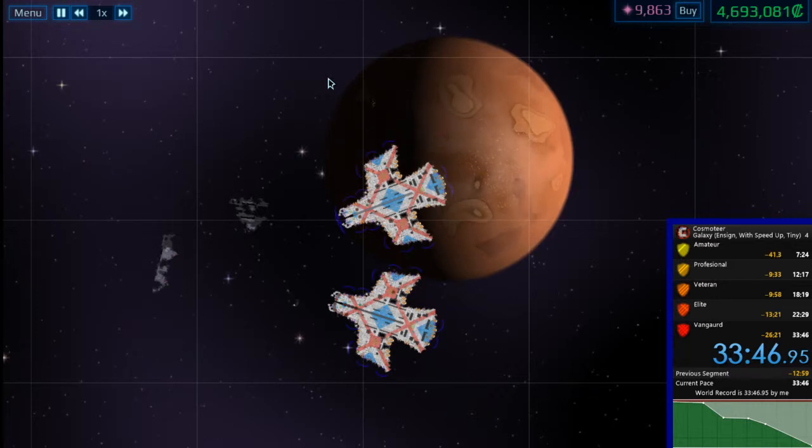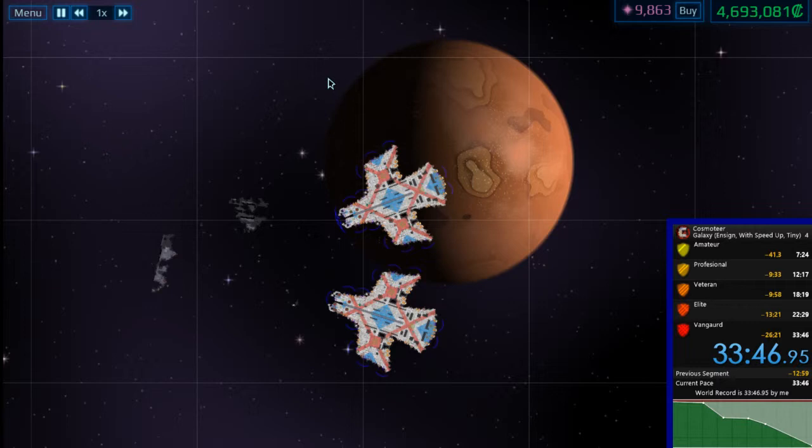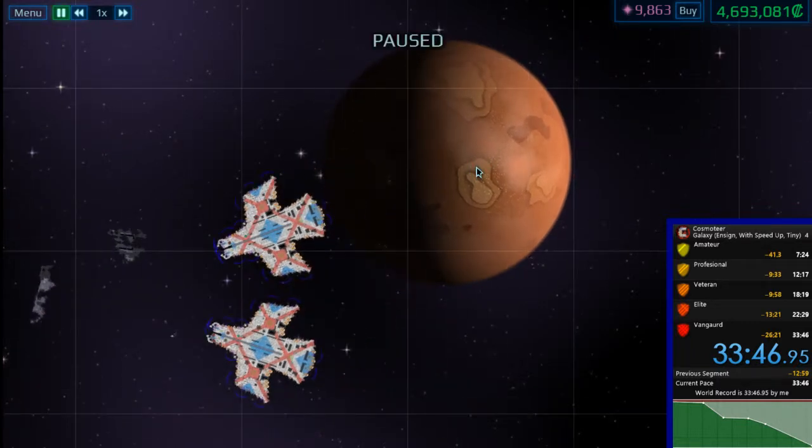Wow. Big time save on Vanguard. Partly because I wasn't using 1 or 2x. Big time saves on all of it though. 41-second time save on amateur. Wow. I'm gonna have to submit that